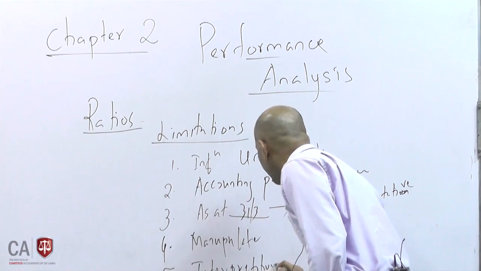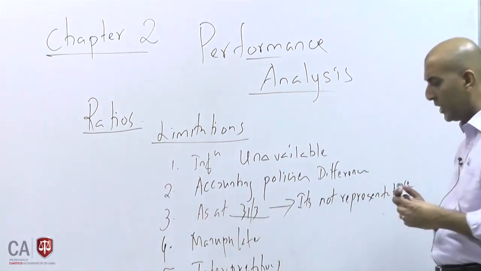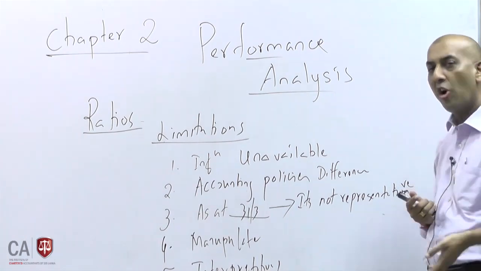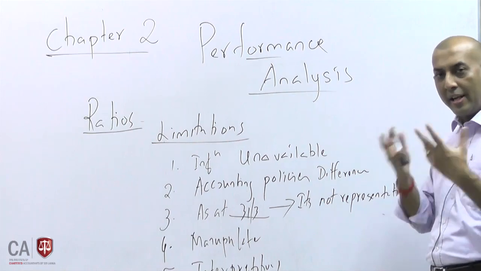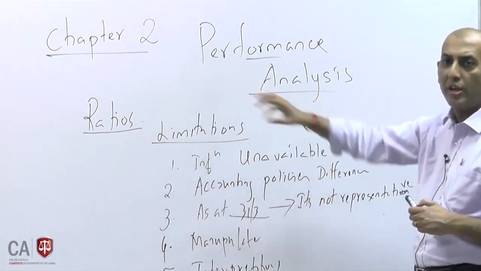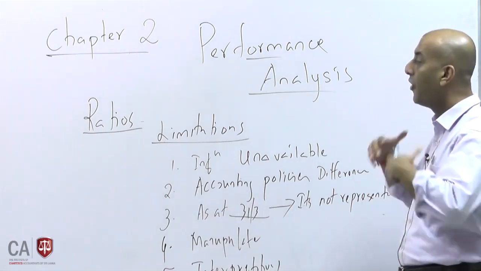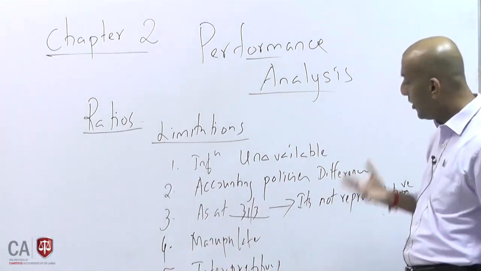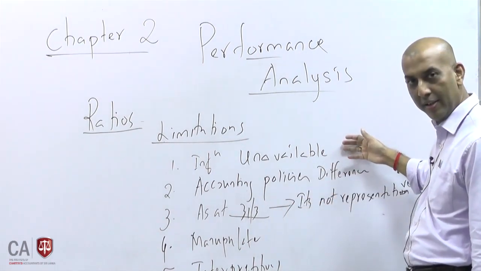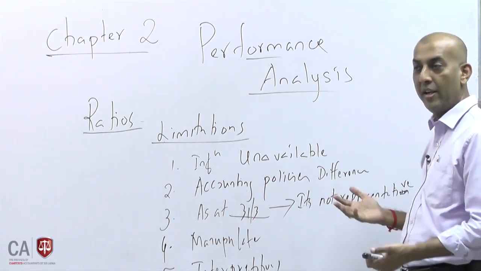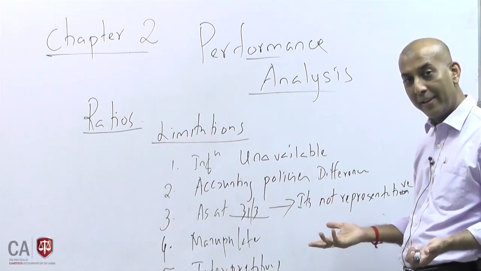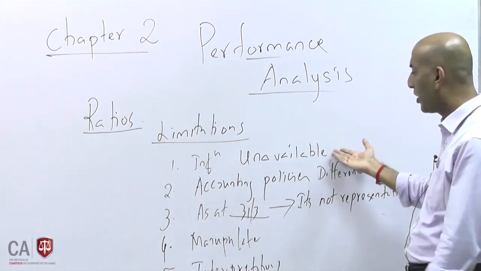Sometimes you will realize that even though you calculate ratios, the interpretation can be wrong. People will calculate ratios and interpret them wrongly, whereas the real meaning can be different. So these are a few of the limitations whenever we calculate ratios. Please be aware, before we use ratios for decision making, that these are practical issues. One, information unavailable. An e-channeling company cannot be compared with another e-channeling company because there may be no listed e-channeling companies. So how do we compare? Information is not available.